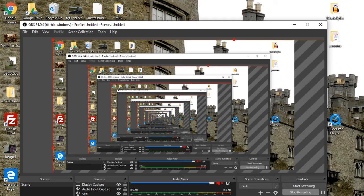So then how do you show yourself? Well, you can just hook up your webcam directly to OBS. I don't have a webcam, though. So what I did was I used this app down here. Can we see it? Called